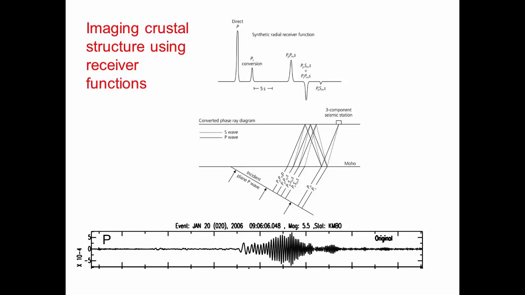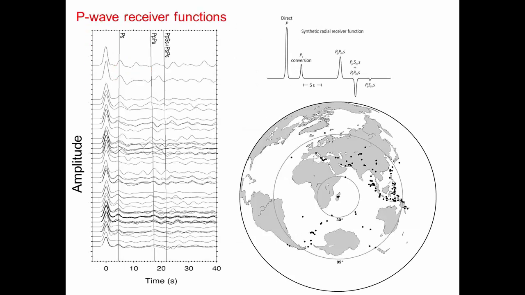So this discontinuity again could be the moho, it could be the sediment-basement interface, it could be a mid-crustal interface, it could be deeper in the earth, in the mantle. So the receiver functions are then generated using seismograms from large earthquakes. So here's our network in Madagascar, and this shows the distribution of all the large earthquakes that we've processed. And we end up with waves that look like this, or wave trains that look like this,